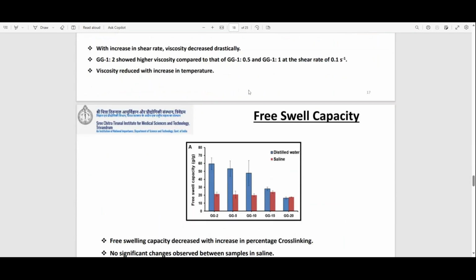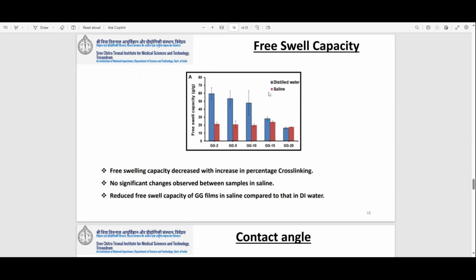So that means the temperature is inversely proportional to the viscosity. Here, we also considered the bandage being put in the oral cavity, in the gum or on the mucosal membrane. If it swells too much we can't use it, and if there is too little swelling, that is also a problem because it will affect the drug release